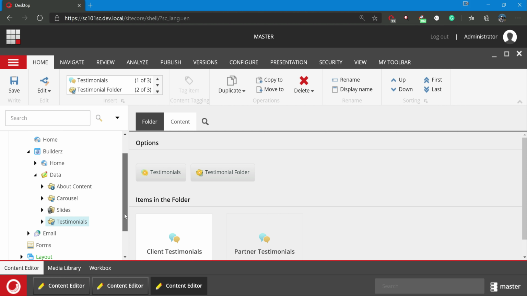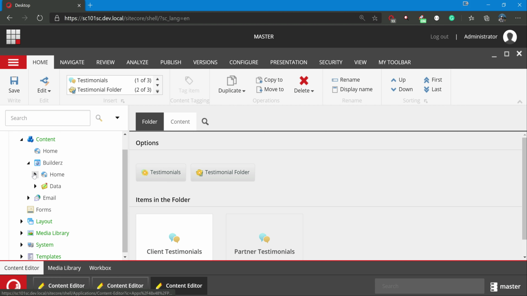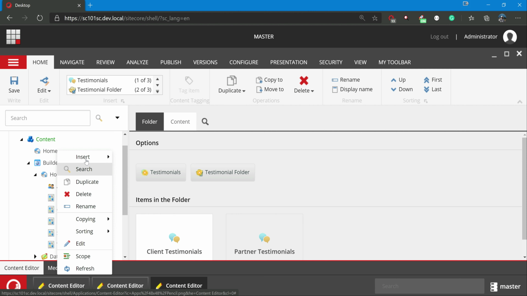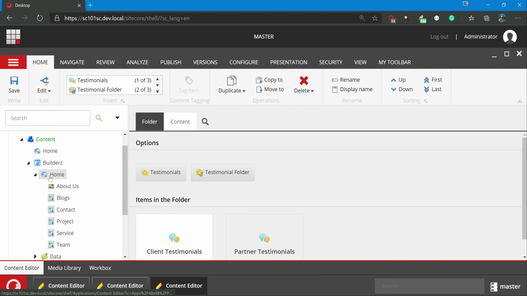And a few more points about insert options. As I said, folder templates and insert options are tightly coupled, but insert options can be used without folder templates as well. The best case is you can go to home. Home is the main parent or the main start page of the website, so we will have a ton of pages below. What if I want to control what pages can be created under the home? That can be controlled, and this is not a folder template, this is a page for me. So how do I do that?